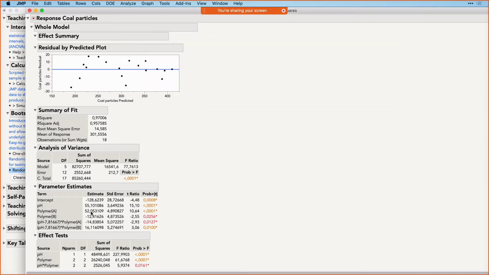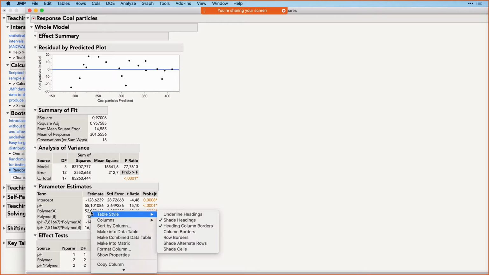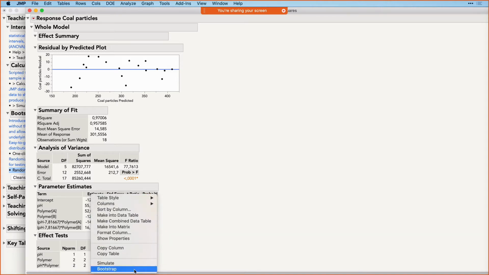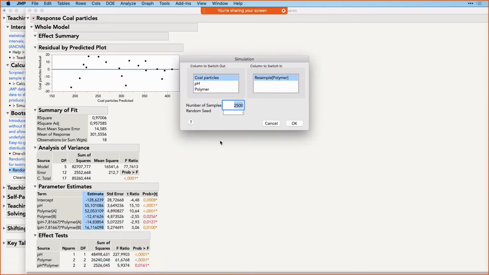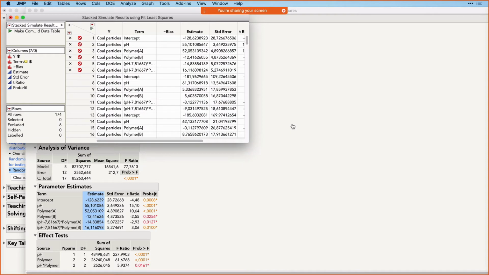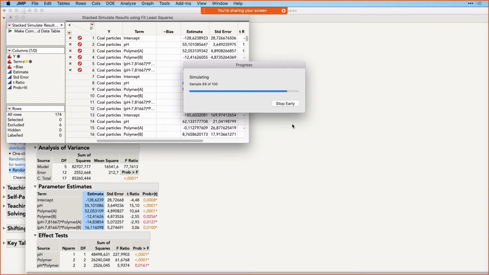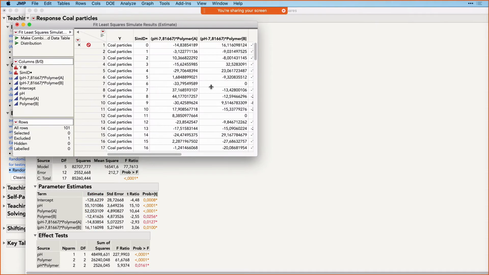So as I said, it's just one click away. So I can right click and then you find Bootstrap and Simulate. And Simulate, that's the permutation testing option. So here I switch polymer out of the analysis and I switch the resampled version of polymer in. And I do this maybe 100 times. So this is happening now. It takes a few seconds. 80 of 100, almost done. And then we get this